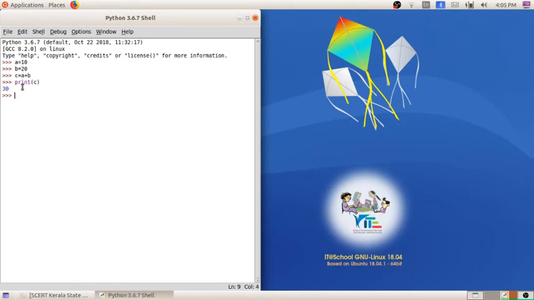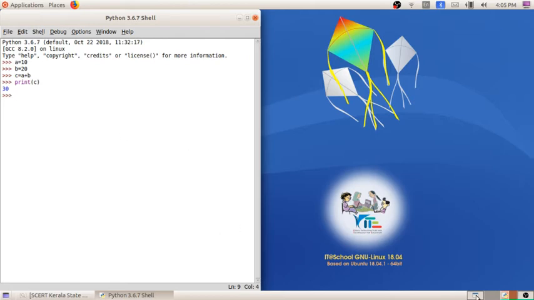So what do you get? The result, 20 plus 10, is 30. You got the result. We studied these commands, this language, last year. These are some of the commands used for calculations, and in this way we get the output in our Python shell window itself. In this chapter we will be studying different commands which help us to create animations, geometrical shapes and so on.